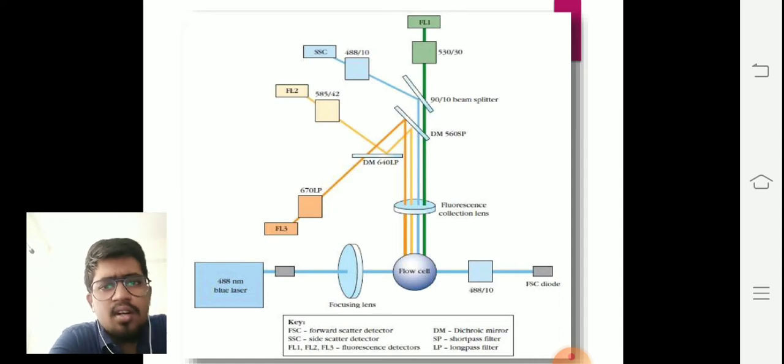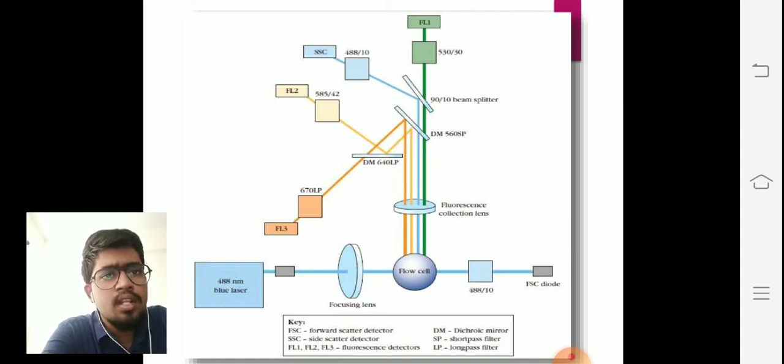So similar functionalities and a similar process actually occur in a flow cytometer. You could see beam splitters present in the center, and you could see how the scattering is occurring. There is side scattering, there is forward scattering, and separate detectors for each. And you could see how important these lasers and mirrors are to make the cells flow in that stream, so that we can analyze and characterize each cell through detection and computer analysis.